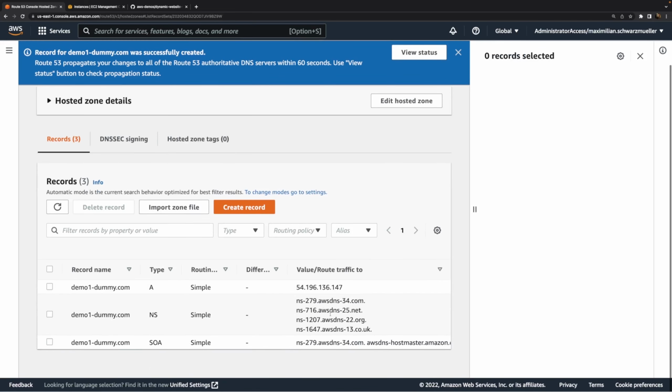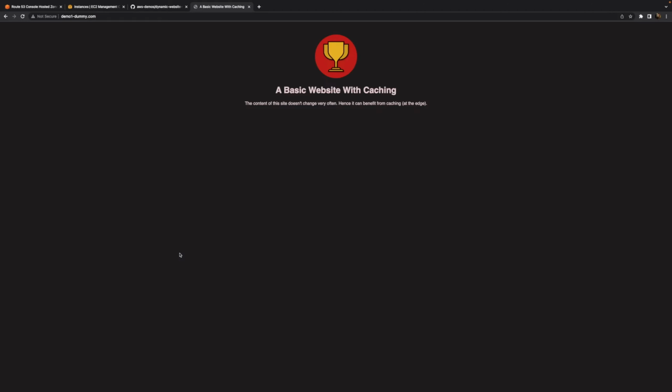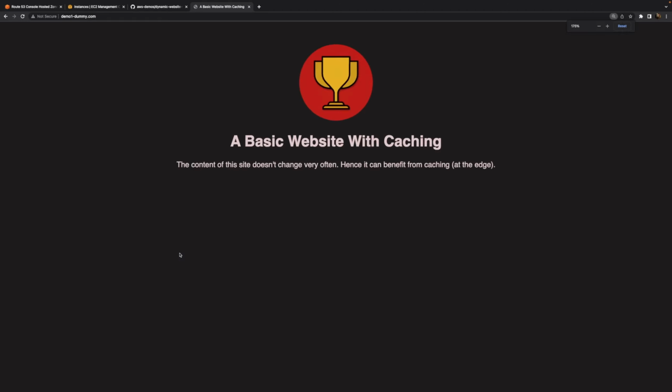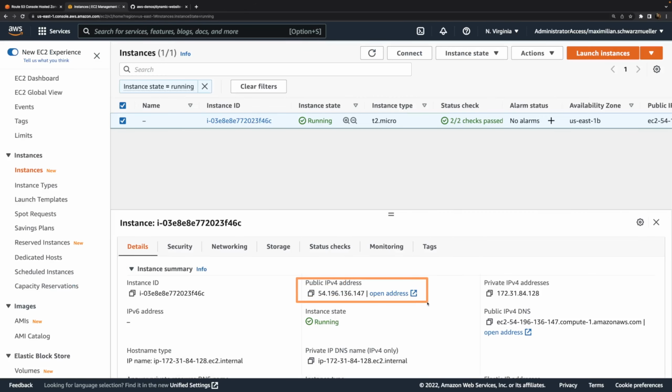And now this record here is added, and therefore we should now be able to visit our domain in the browser and still see our website. It can take a while initially, but thereafter our browser should successfully load that website for our own domain. Now that's one thing we can do, but this approach has a serious flaw. This IP address here was assigned automatically by AWS, and whenever we terminate and restart this instance, we'll get a new IP address. So this IP address is not fixed, it's not stable, instead it can change.